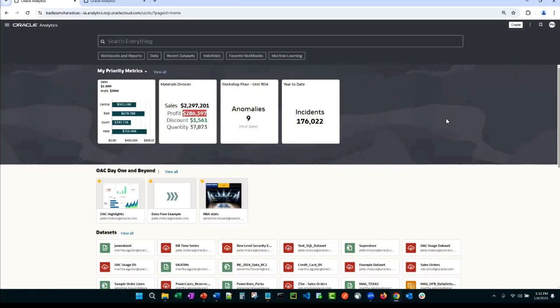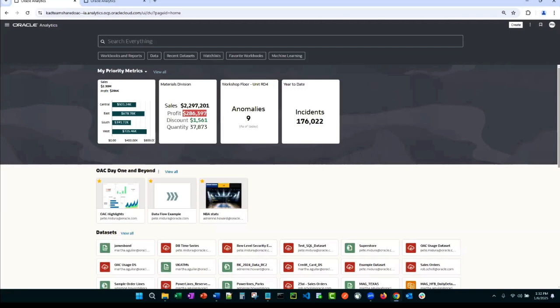So if part of your job is to monitor metrics and KPIs first thing in the morning, you no longer need to open up several different dashboards to get the information you're looking for. They will be sitting there on your homepage, up to date and ready for analysis. All right, let's dive a little deeper into the platform and let's add some data and review some of the augmented features my colleague discussed earlier in the webinar.